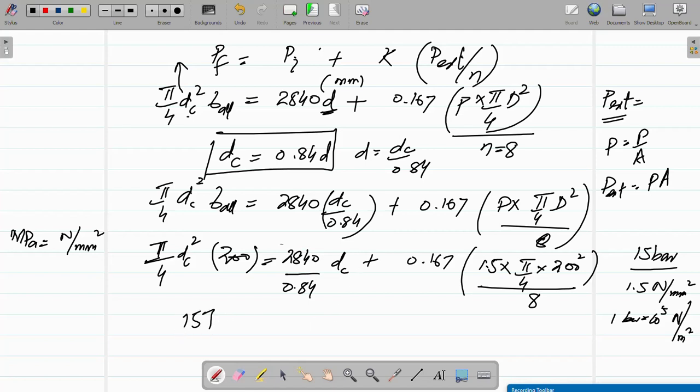So 157 DC square is equal to 2840 divided by 0.84, which is 3380.9 DC, and this whole number you can calculate, which is 1.5 into pi into 200 square divided by 8 into 0.167 is